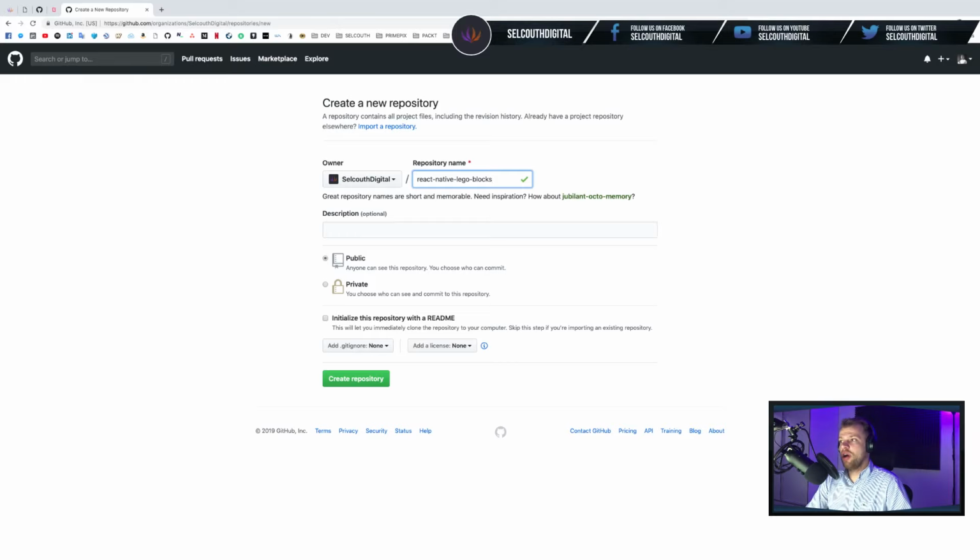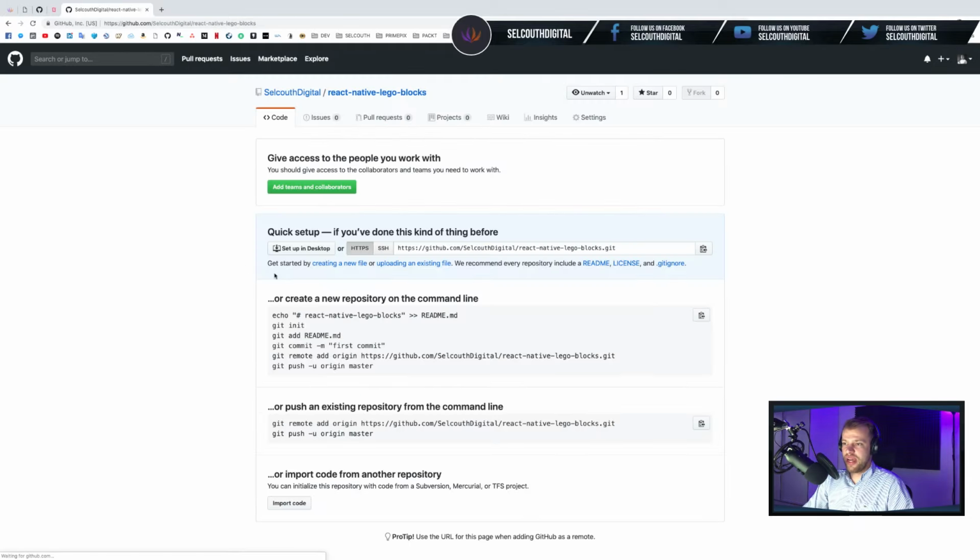So Lego blocks is a perfect name. I mean, you can call it whatever you like. You can call it React Native component library or React Native components or whatever you fancy naming it. I think I'm going to go for Lego blocks because I think it's going to be quite cool to have it like that. And that's pretty much it. We don't really need to do anything else. I'm going to create it like so, and then